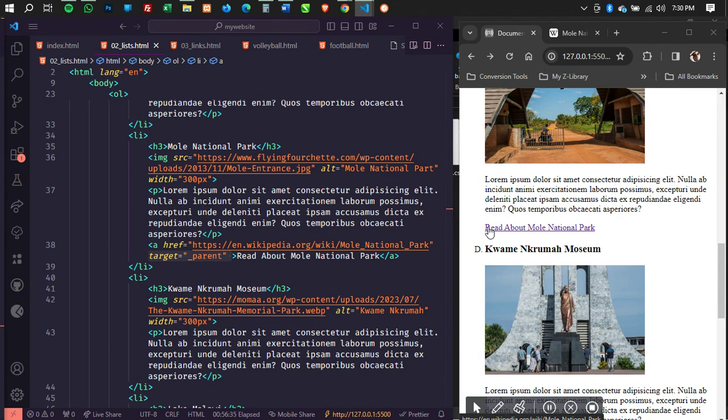Blank is going to open it in a new tab. Parent is going to open it in the same tab, but if it's going to be parent, then you don't need to specify it because that is the default. Are you getting it? Yes, please. Great.